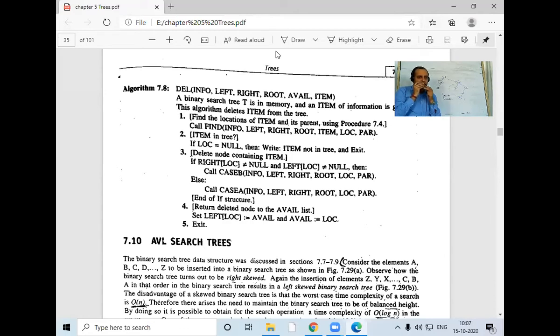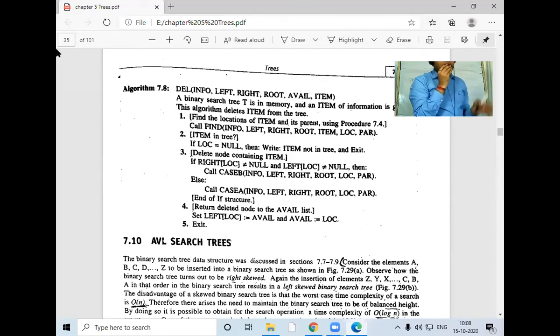Please. Yes. Now it is available on your screen. First step is deletion of any element from binary search tree. The first is called find. Find is the algorithm you have already done, search, a little while ago. The element you are going to delete, you will search that element, whether that element exists or not. If that exists, then only you can delete. Yes or no? Yes, sir. So first we will find.